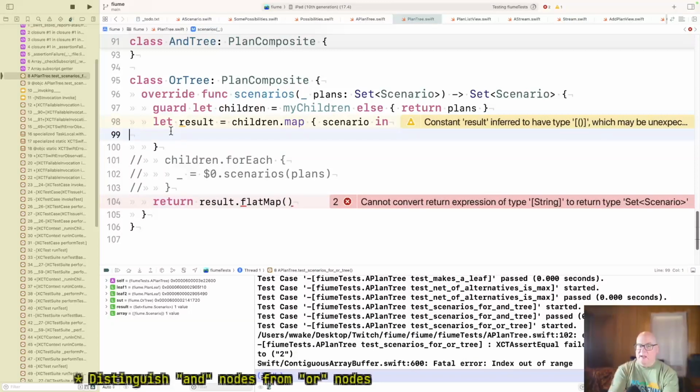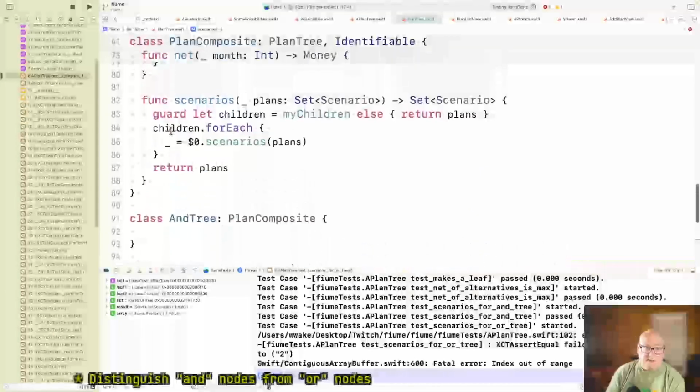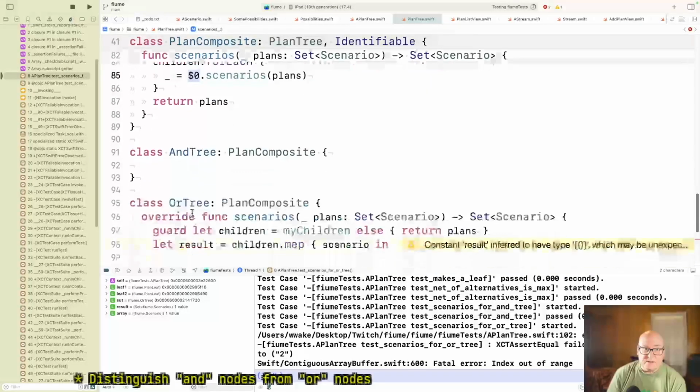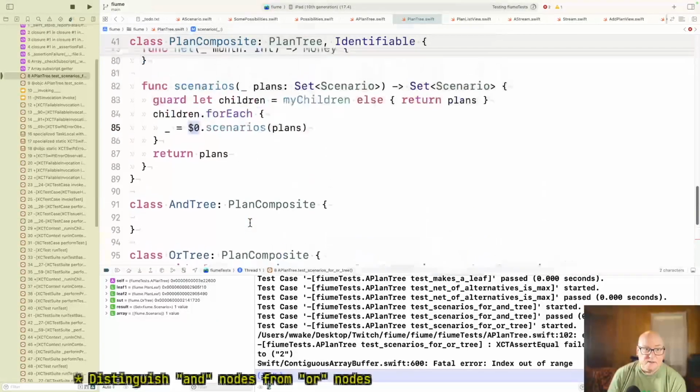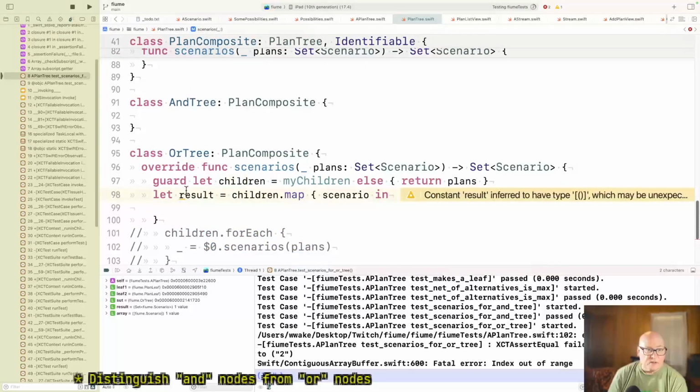Okay, so if I'm given a scenario, how do I generate the children of that scenario? Well, I must apply each scenario. I must apply the child stuff to each scenario, all its things. Okay, so I'm asking the children for their scenarios. Let's see, the children, that's each child. Let's make sure I'm walking over the right thing. Yeah, so this is not scenario, it's child.